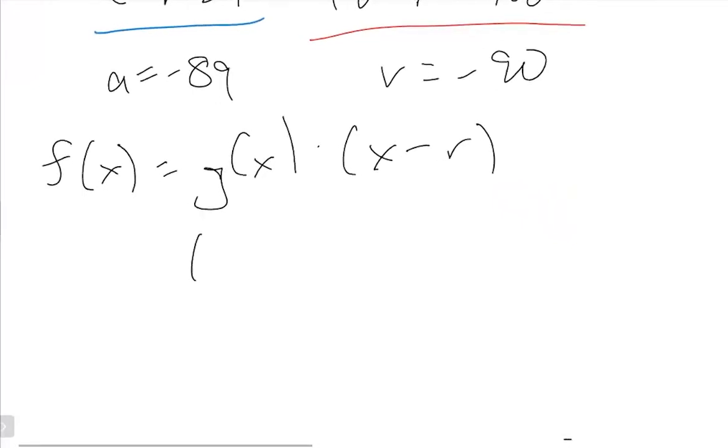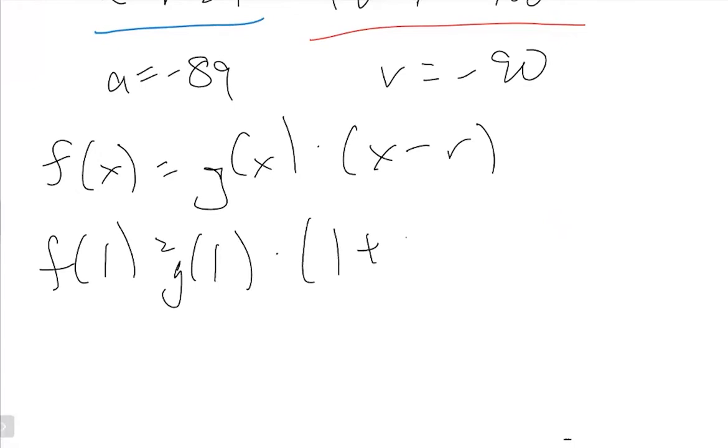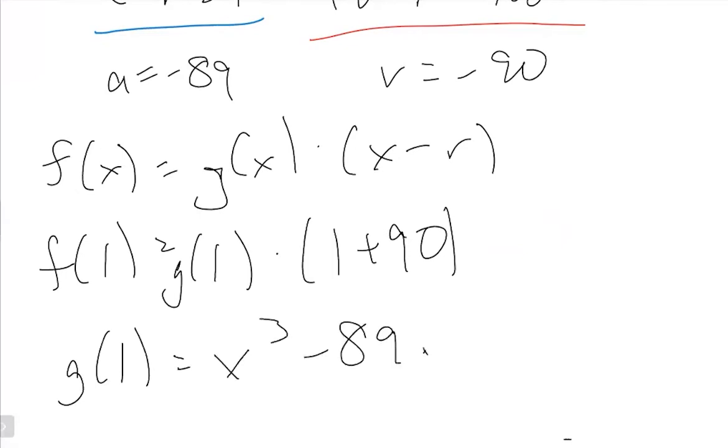So g of x was equal to x cubed minus 89 x squared plus x plus 10. So first we notice that f of 1 is equal to g of 1 times 1 plus 90, right? Because negative r is 90. And then if we evaluate g of 1, we plug x equals 1 into this expression. So if we multiply,